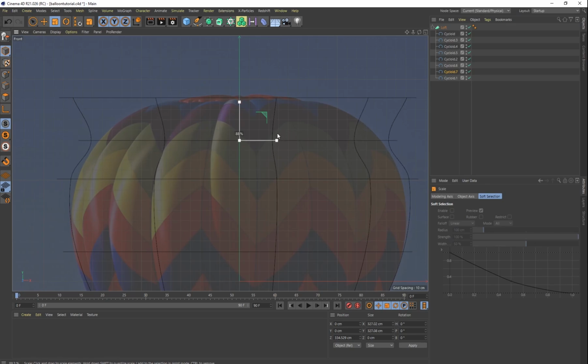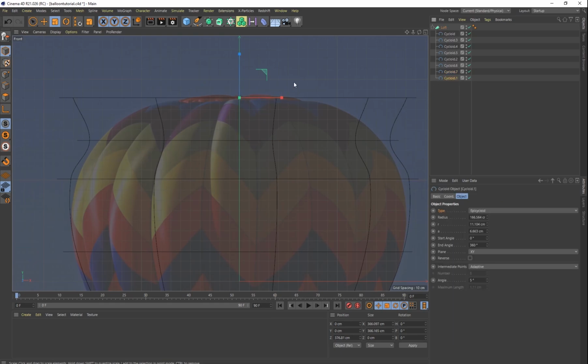So just transform on your keyboard. That's all we're doing here. And let's go to that top one real quick, and let's make this one smaller as well. Kind of like that. But that's really all it is to making this balloon. It's just making it bigger and smaller